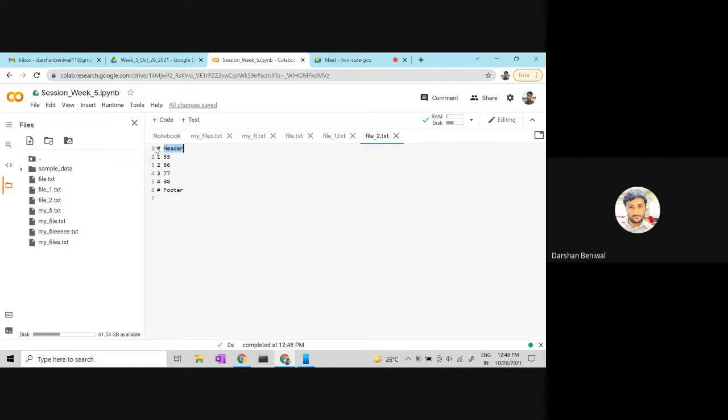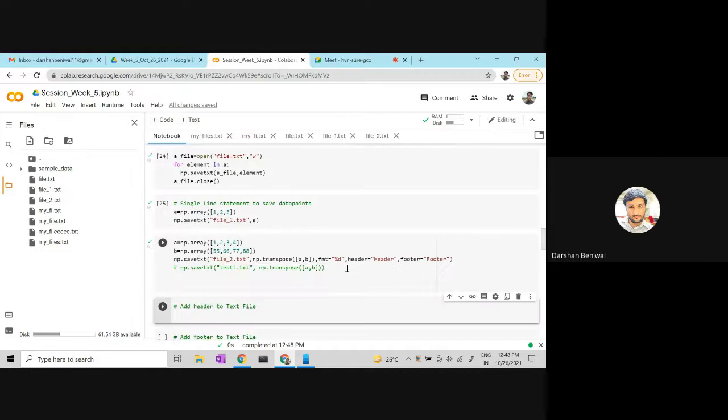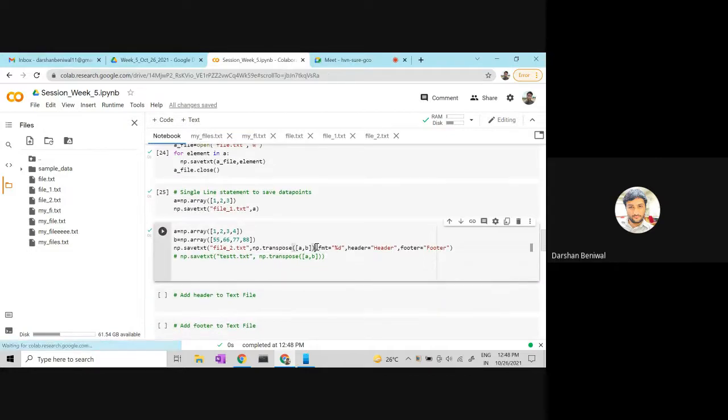For example, this one is X and this one is Y. So it automatically comments it. Yes. So this is a very important command. I think you are getting the point that we will use it frequently in the next session.